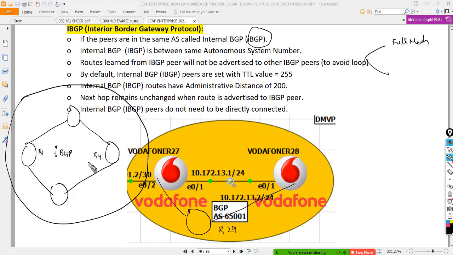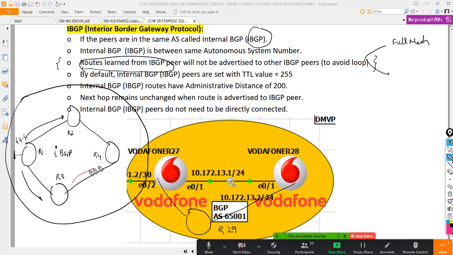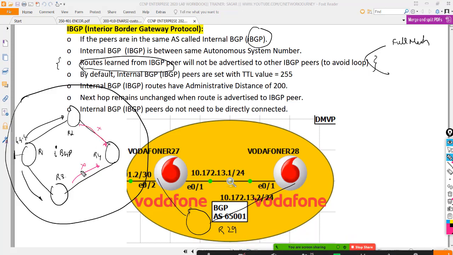So what happens in this case is this statement is effective. Any route which is over here, 4.4.4.4, will be shared with these two because they are directly connected, R2 and R3. But R2 and R3 are not going to carry those routes to any other IBGP peers. So that's not going to reach over here.